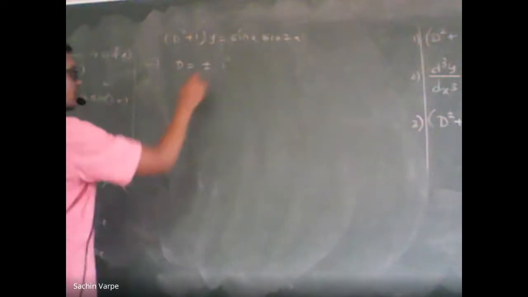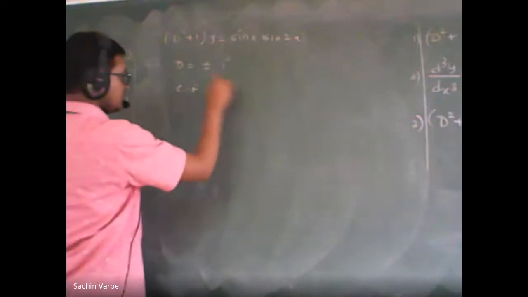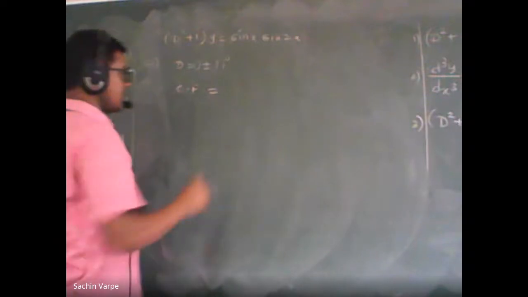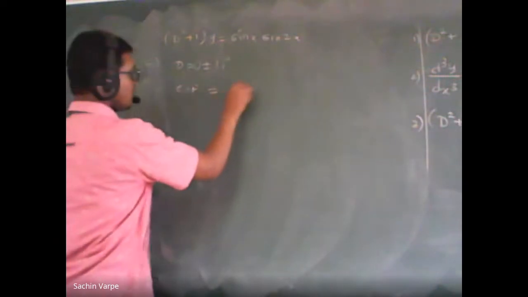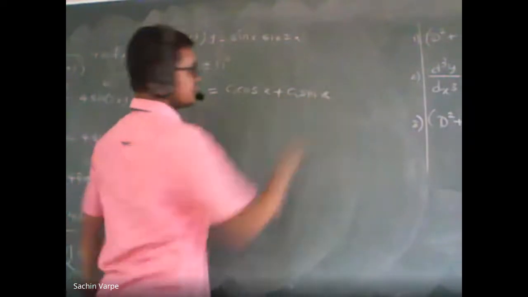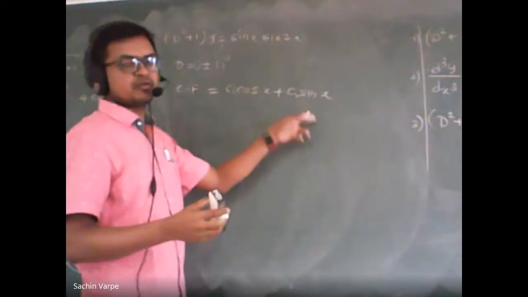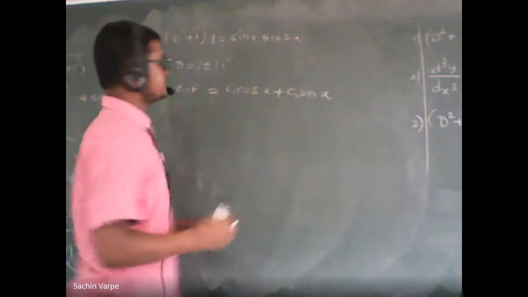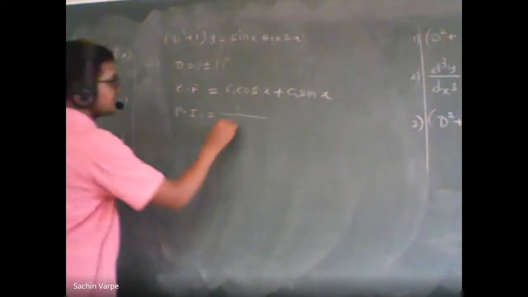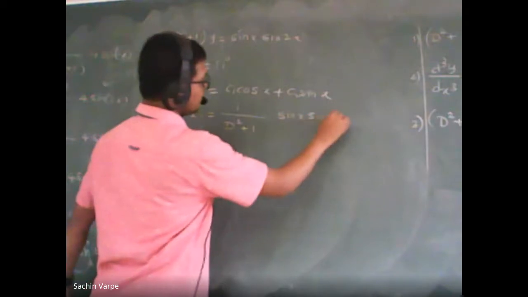So the roots are complex, imaginary roots, and therefore the complementary function is where alpha is 0 and beta is 1, that is 0 plus minus 1i. So C1 cos of 1x plus C2 sine beta x, that is 1x. Remember, most of the students are confused whether to take beta as i or what. So beta is the coefficient of i, remember. Now the particular integral is 1 upon phi of D, that is D square plus 1, into sine x sine of 2x.